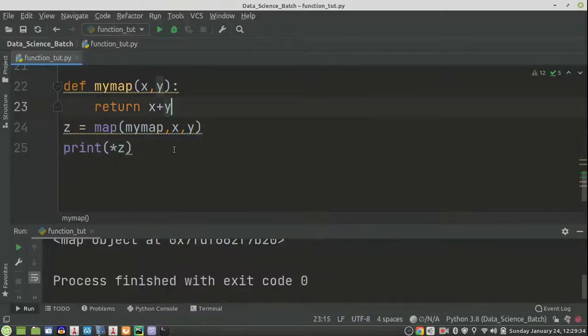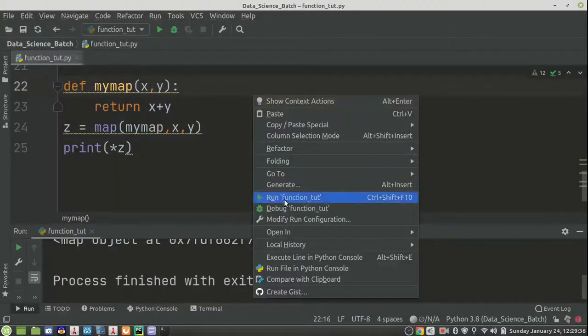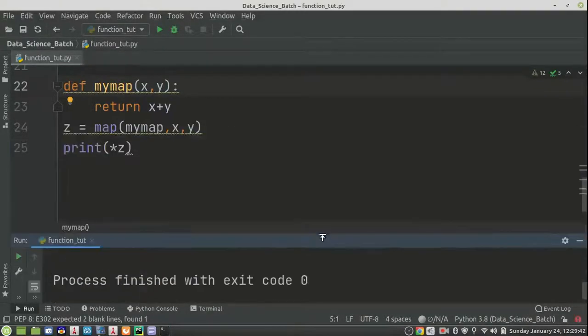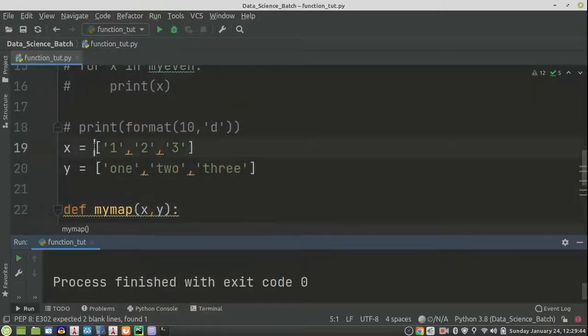You can write this star in front of z, and here we got the output, that is 2 4 6. So it maps this iterable with this iterable, means the first element is mapped with the first element, the second element is mapped with the second element, and the third element is mapped with the third element. So this is how the map function works.